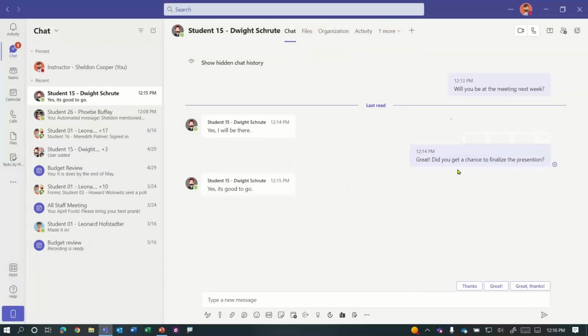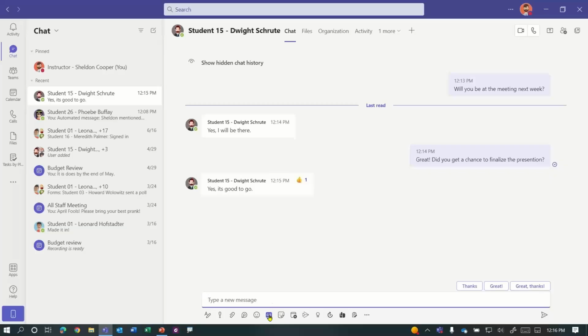Now, besides just the regular text messages, there are several ways to communicate. I could point to a message and react to it, similar to reacting to a post in LinkedIn or Facebook. I can give it a thumbs up. But notice that below the text message, there are tons of tools. And sometimes you may want to communicate in a little bit more of a dynamic way. So you can include emojis or emoticons, animated GIFs, and even stickers.